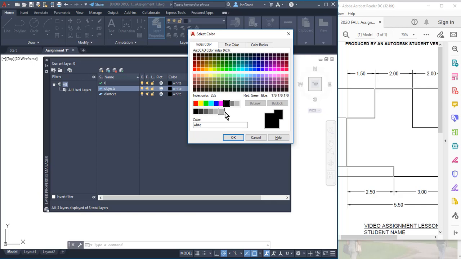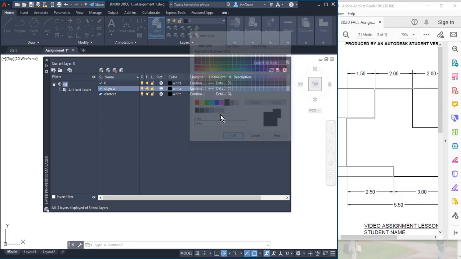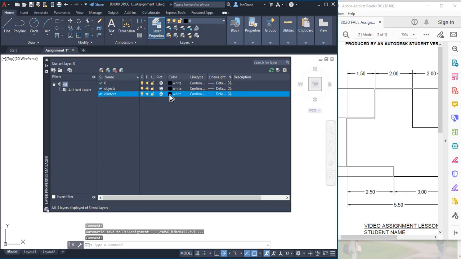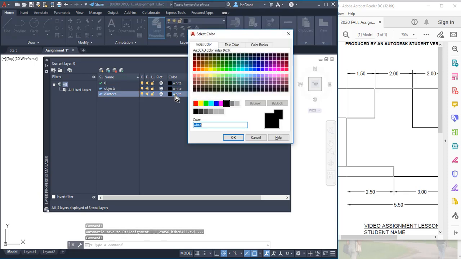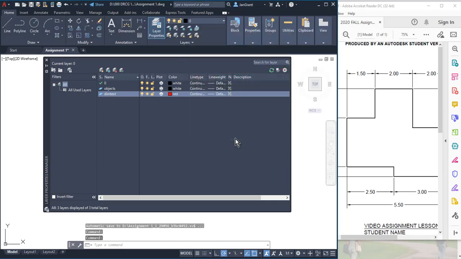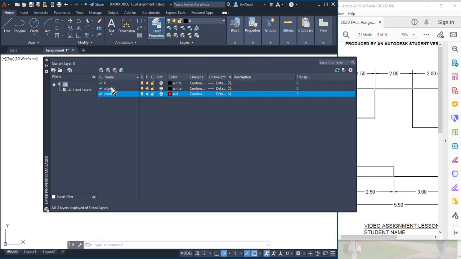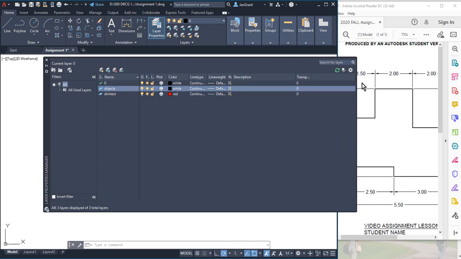There are different shades if you're getting into some renderings here. So I'm going to use white for this one, but this other one, for sure, we want to have different colors. So I'll click on the word white and make that something else, like red or something. So that way we can tell that the objects are on the right layer. And now we're going to change the line weight. That's what we're doing for the objects layer,